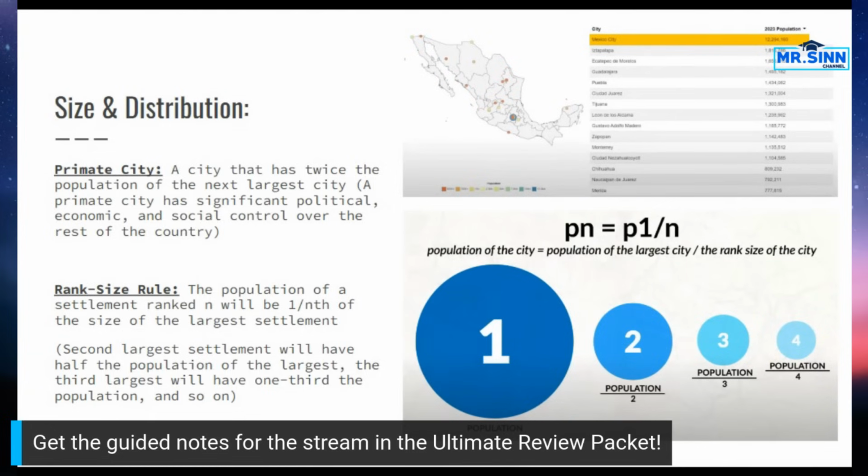On the other hand, rank size rule. We have this kind of graphic that I took from one of my videos here. We're looking at that largest city. The population is kind of to the nth degree. You're not going to have to do math on this test. So don't worry about the math, but understand the concept. So for here, that second largest city is going to be half the population of the largest. The third is a third. The fourth is a fourth. The fifth is a fifth.